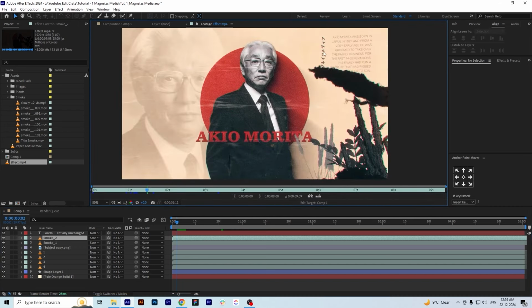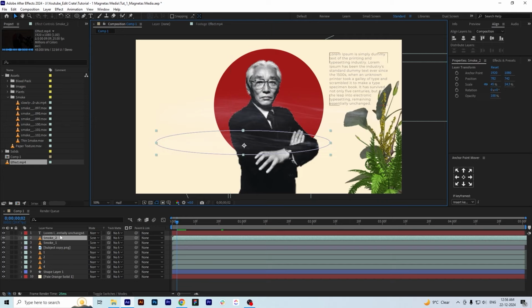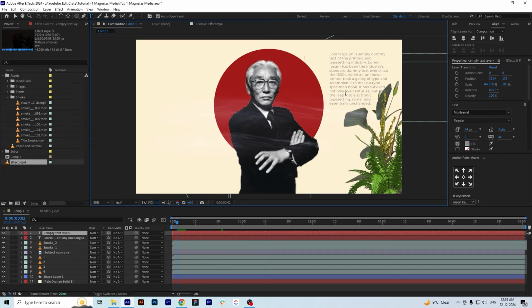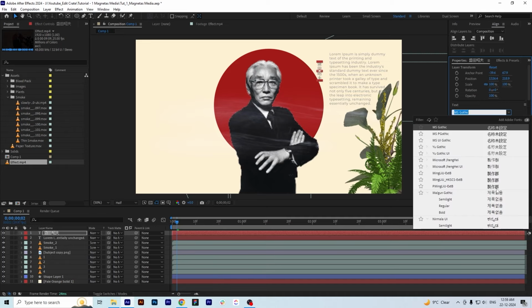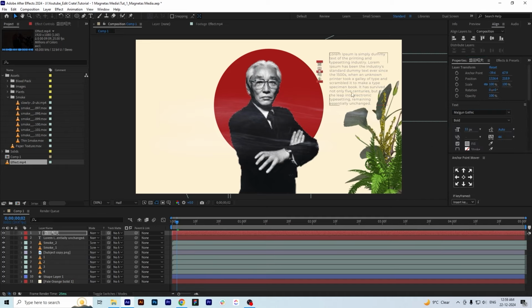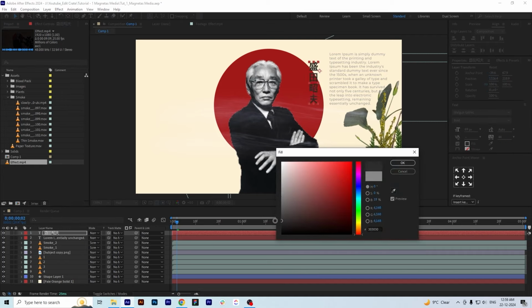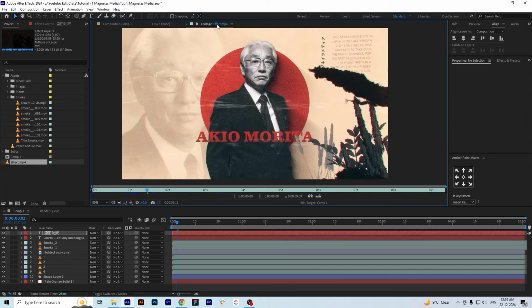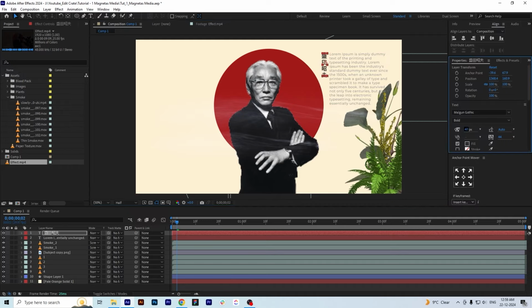As we can see, we have to write this Japanese text here, so I am just gonna use a font here maybe. So I have used this text here, and maybe we will use the bold version here, and maybe change it to a little bit darker color here. Use it here. It's not the same. I think it will work. Maybe a little bit